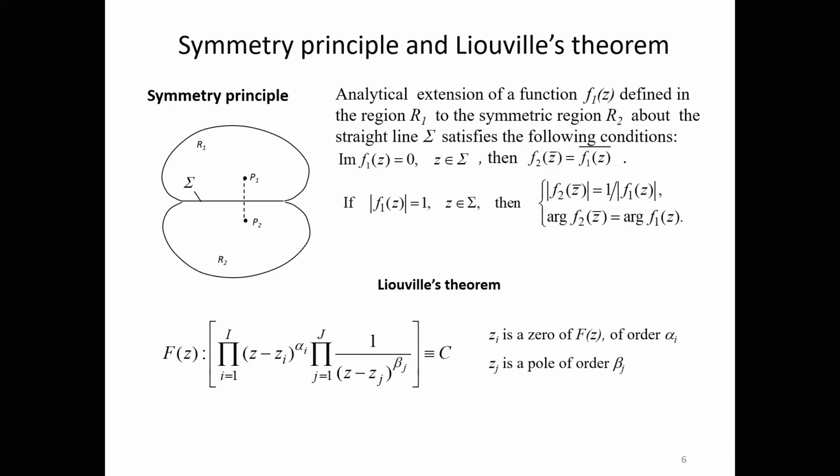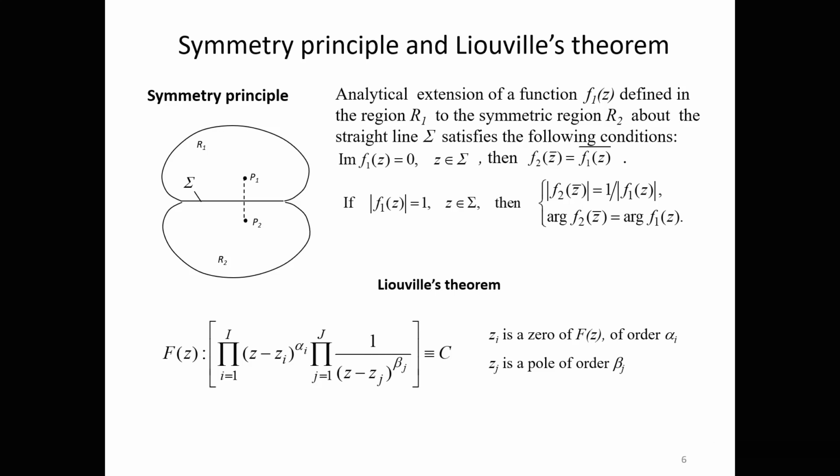Then, before I start to talk about the Chaplygin singular point method, I will introduce the symmetry principle and the Liouville theorem. Here are shown two regions, region R1 and the symmetric region R2, and the boundary sigma. We wish to extend a function from region 1 to region 2. There are two kinds of boundary conditions. First is the real or imaginary part equal to 0. Then we need to put in the symmetric point the singularity or zero of